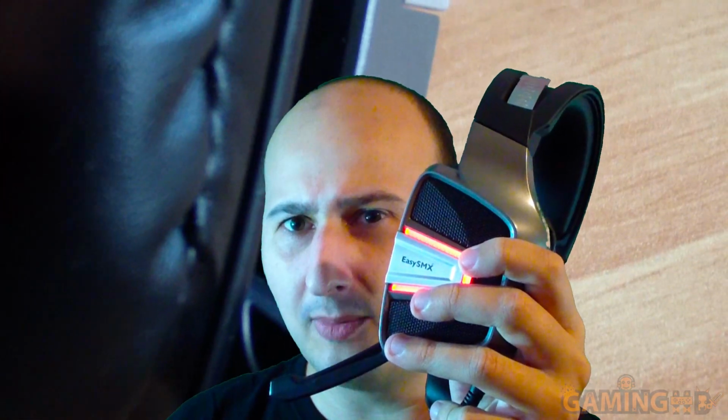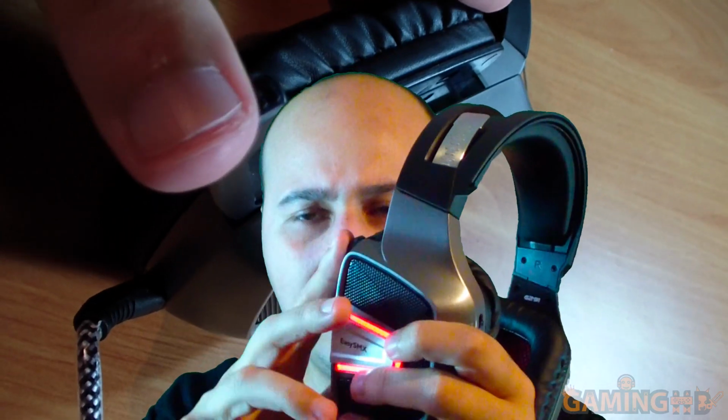It doesn't sound horrible. It is compressed as hell and the highs are sort of non-existent, but there's not a lot of background noise, and the volume it works at is comparable to the condenser microphone I'm using right now. I did not have to amplify them a lot, or at all, to get them to be at the same level. It doesn't sound superb, but it is a lot more usable than some other headphone microphones I've used in the past